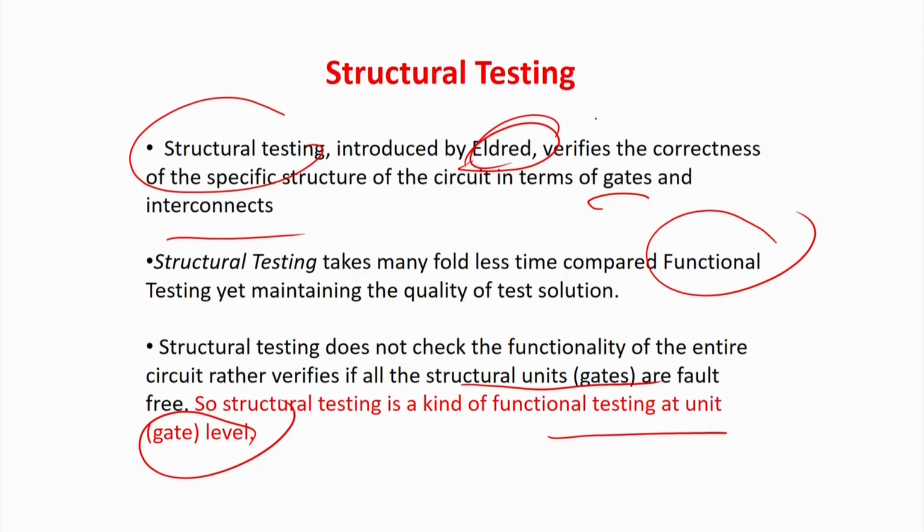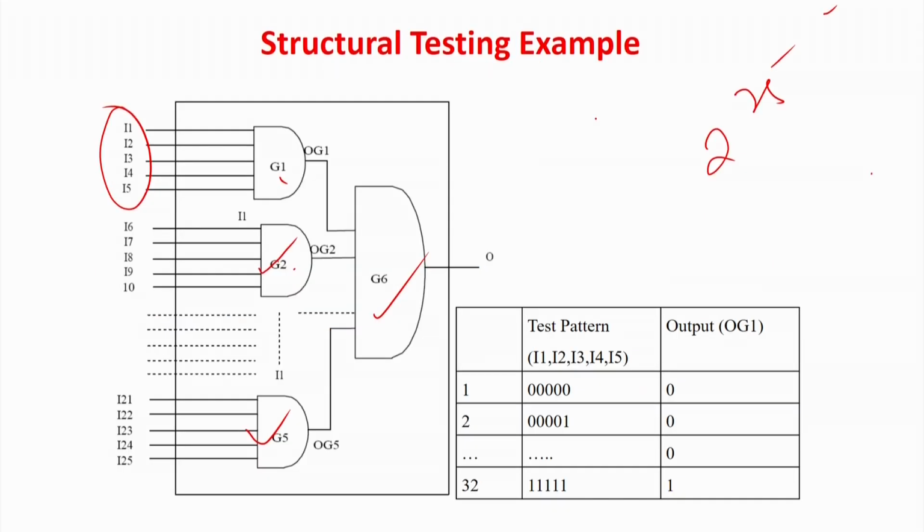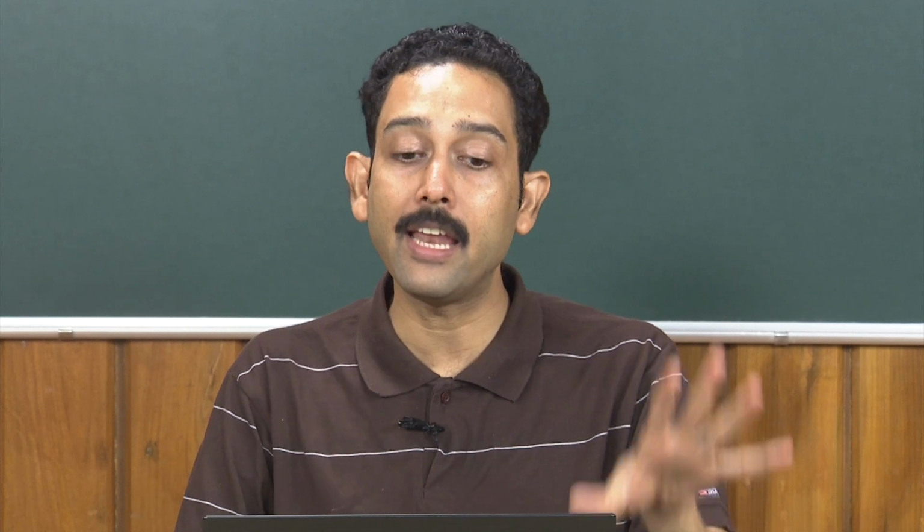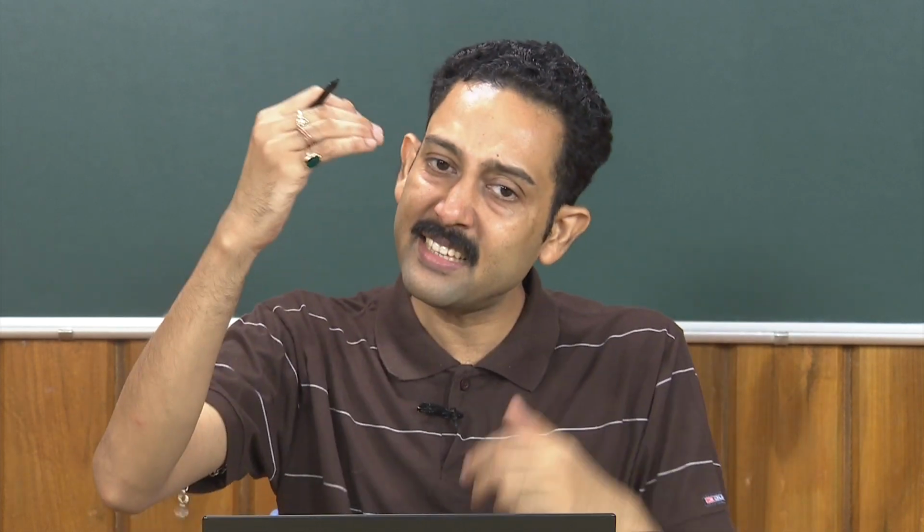But statistically, people have observed, whenever this gentleman proposed this idea, he did not do any kind of mathematical analysis. Basically, he tested this idea over hundreds and thousands of test runs and found that if you still go for structural testing, your assurance quality is more than 99% plus. So, a huge reduction in the number of test patterns, but still a slight compromise in the test quality. So, people started working on structural testing and it became a de facto standard.